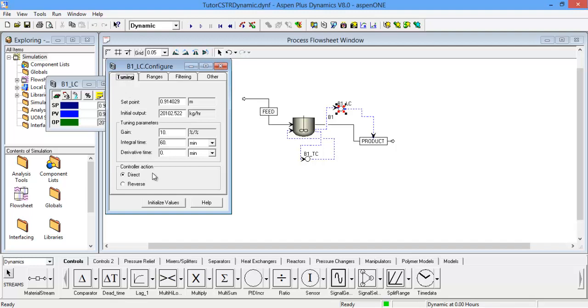Now there's something we call the controller action. Should it be direct or reverse? Aspen Plus can really choose which one it should be. For our level controller, we are able to see that the default one is direct, which is okay. Direct means that when the process variable increases, when the set point increases, then you increase the level of the